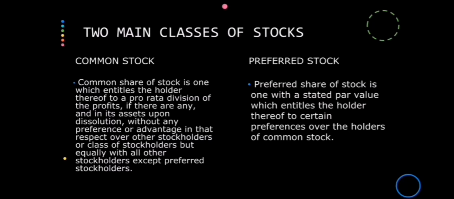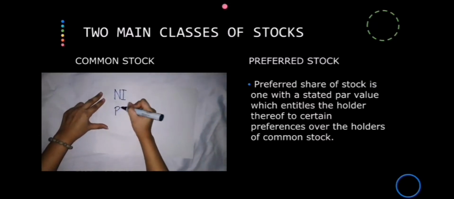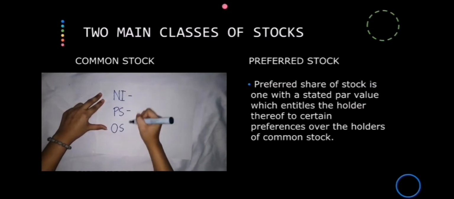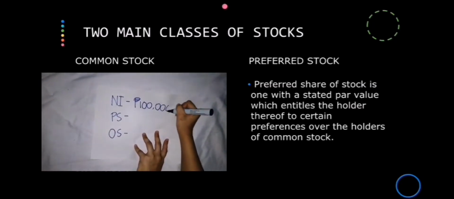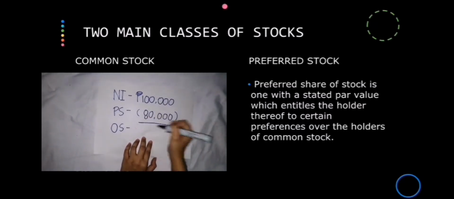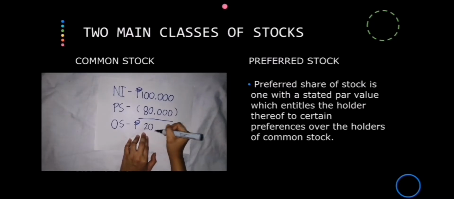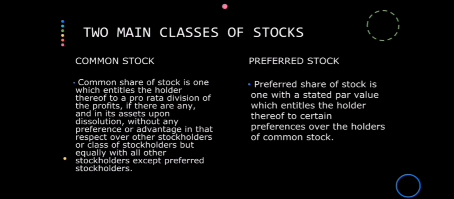So, for example, yung net income ng business is 100,000, and then ang preferred shares is makakatanggap ng 80,000. So, fixed na yung amount nun, though they have 10 preferred stockholders. So, 100,000 minus 80,000 is equal to 20,000. So, yung 20,000, ayun yung natira. So, it means ayun yung paghati-hatian ng ordinary stockholders. So, ayun yung isang disadvantage ng ordinary shares or common stockholders kasi yung mga natira, ayun na lang yung paghati-hatian